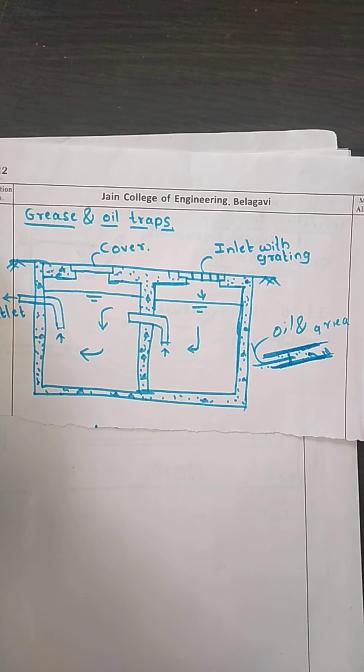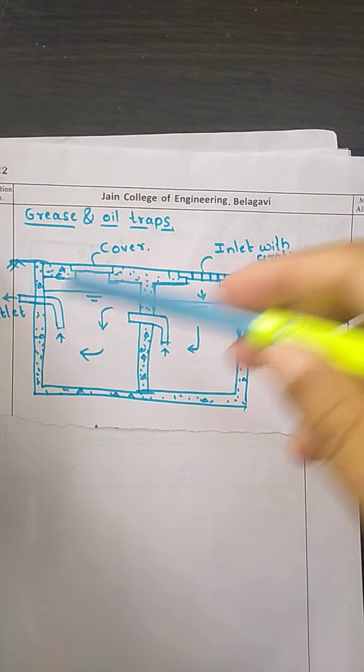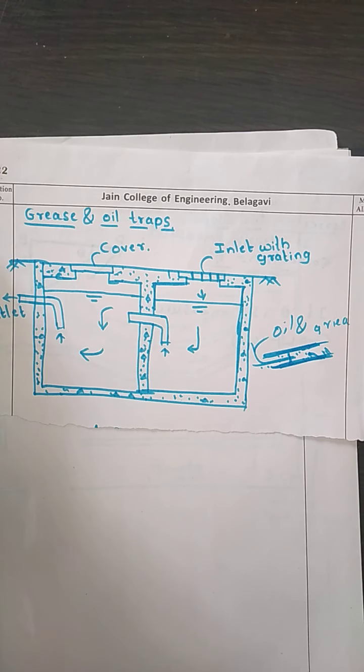Now we have seen why we need to provide the oil and grease trap. It prevents explosion. The suspended particles present in the wastewater get attracted towards the end of the sewer line, and the capacity of the sewer line is reduced. It gives a bad odor, and the aerobic bacteria die. That is the reason why we need to remove the oil and grease from the wastewater.